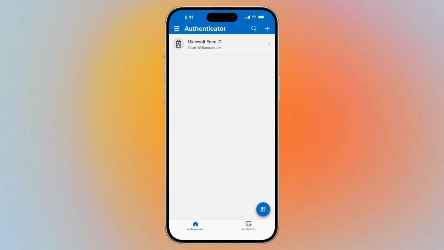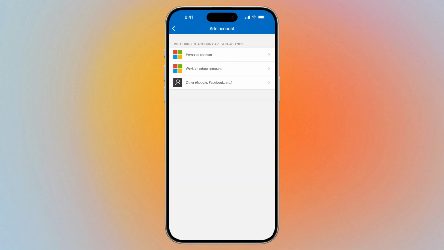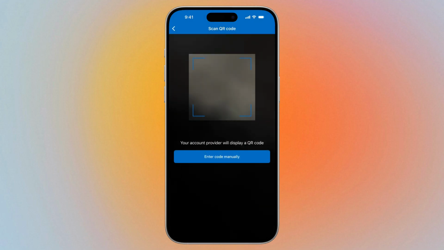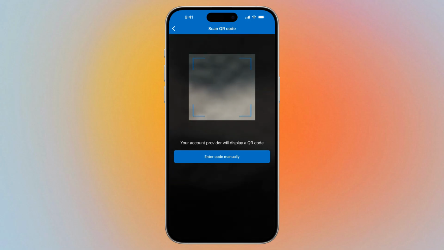When you open the app, you may be asked to sign in. The way you get the QR code depends on which account or service you're trying to set up. If you're setting up Microsoft Authenticator with a Microsoft account, you can get the QR code from the security section of the Microsoft website. Once you reach the Authenticator setup page, Microsoft will display a QR code that you can